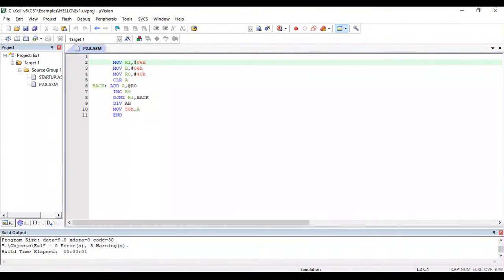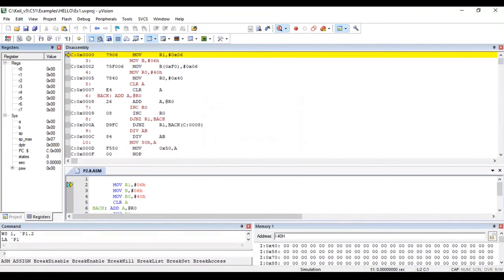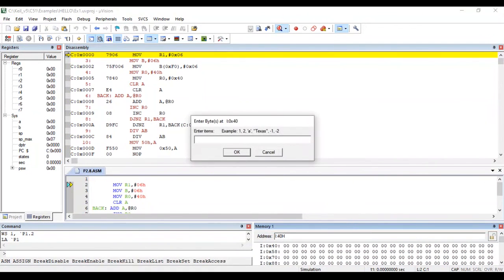Next program is to find the average of 6 hexadecimal numbers. So we have the program. So first build the target and then go to debug, start stop debug session, and then in the address bar view the location 40H and press enter, and then right click on the first location, click on modify memory and give the input, the 6 hexadecimal numbers.